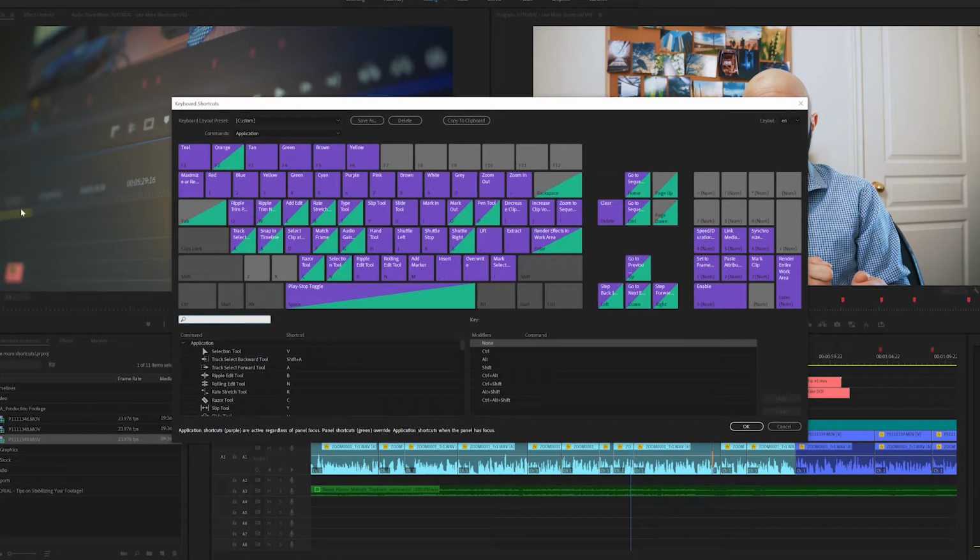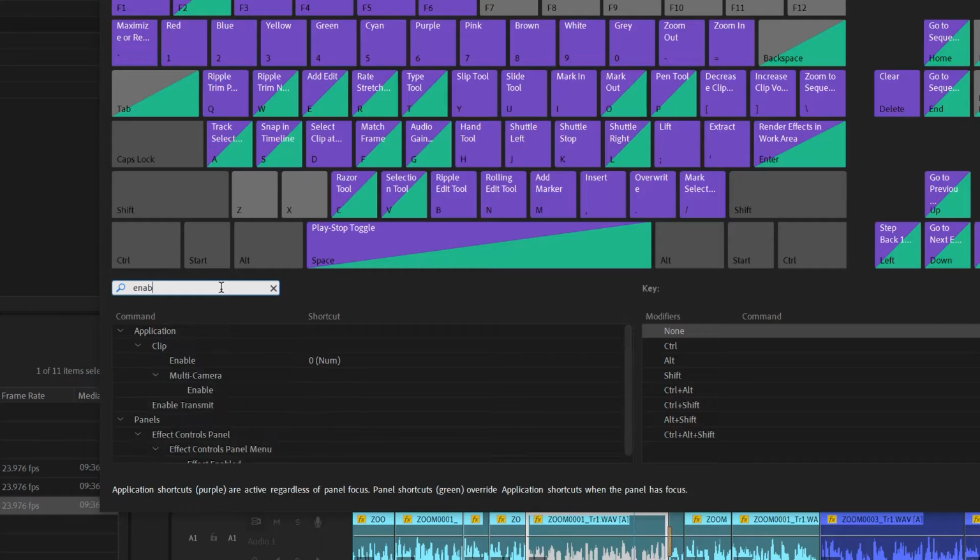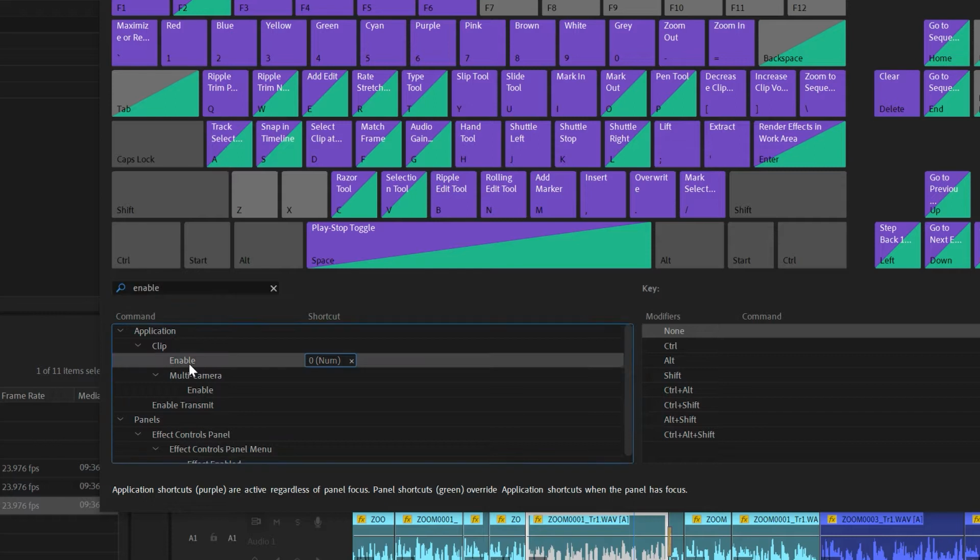The great thing is a lot of editing softwares, if not most of them, give you the ability to customize your keyboard shortcuts. So even if you don't like the way the shortcuts are set up by default, you can just change them to however you want, and you can work a lot faster in your edits. So without further ado, let's get into Premiere, and I'll show you some of the keyboard shortcuts I use daily